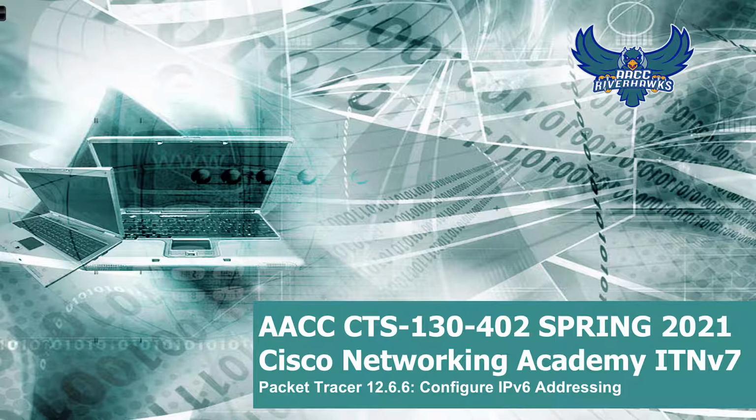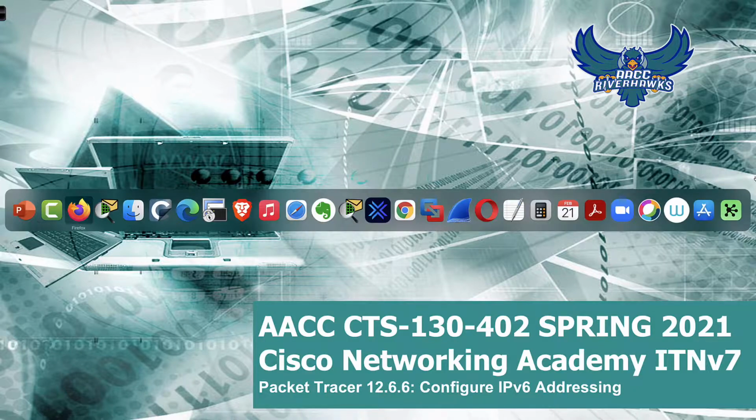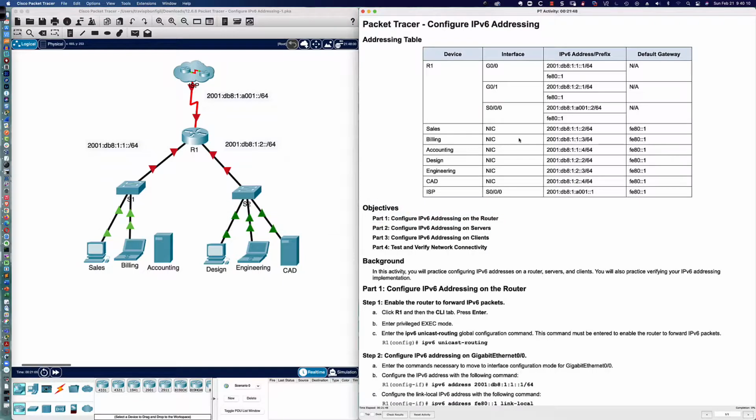This is the Cisco Networking Academy's Introduction to Networks course, or ITNv7. In this Packet Tracer activity, we're now going to turn our attention and focus away from IPv4, and we're going to be taking a look at IPv6. And in this activity, we're going to be configuring Link Local Addresses as well as Global Unicast IPv6 addresses. So let's go ahead and dive in and take a look at the activity and see what we're going to